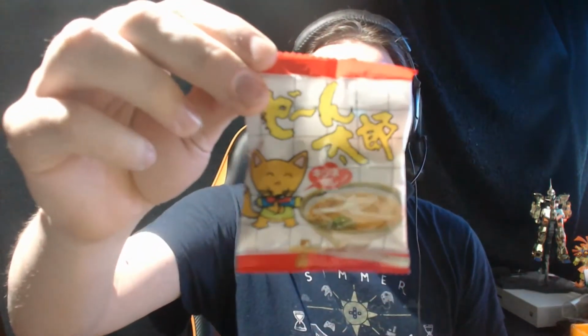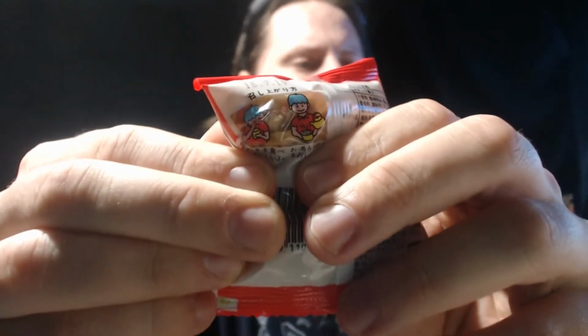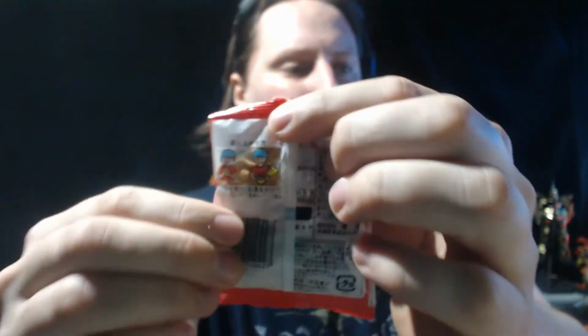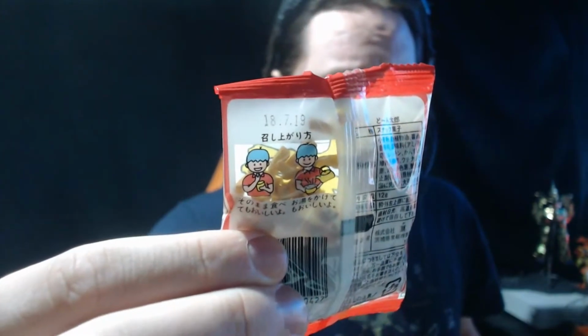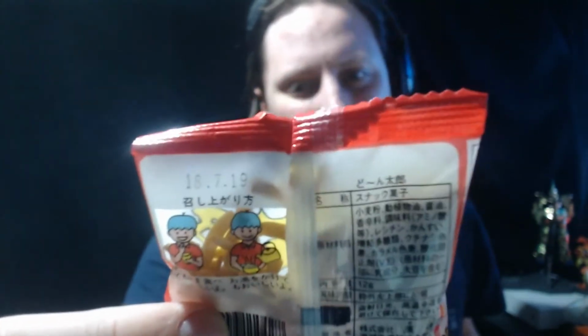It's a nice little packet. It's got a happy little cat on the front and a bowl of udon. There's a little window. Let's see if I can show you. It is just pieces of dried noodle, and this little window also says you can eat it as a snack, or you can add boiling water to it and eat it as noodles, which I'm not going to do because